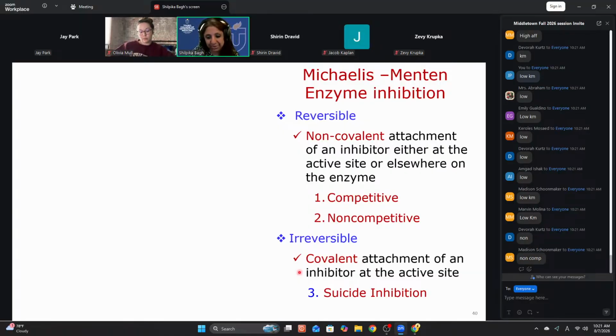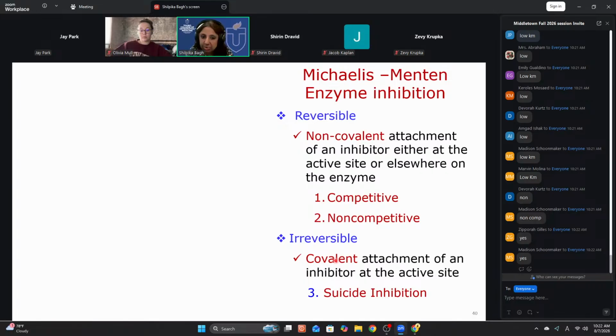But there is a difference. Whenever they say irreversible, the inhibitor binds to the enzyme. Now you've got to be very careful. I hope you are following my pace because I've got to finish everything, right? Are you noting down? Everything is good? Great. Please also know that the inhibitor does not bind to the substrate.